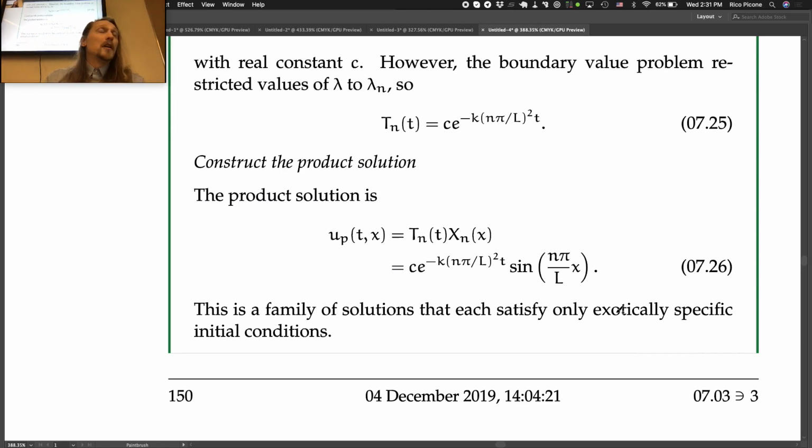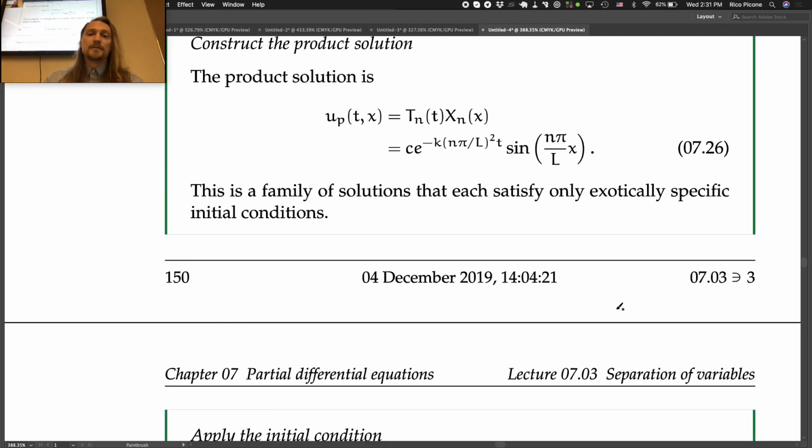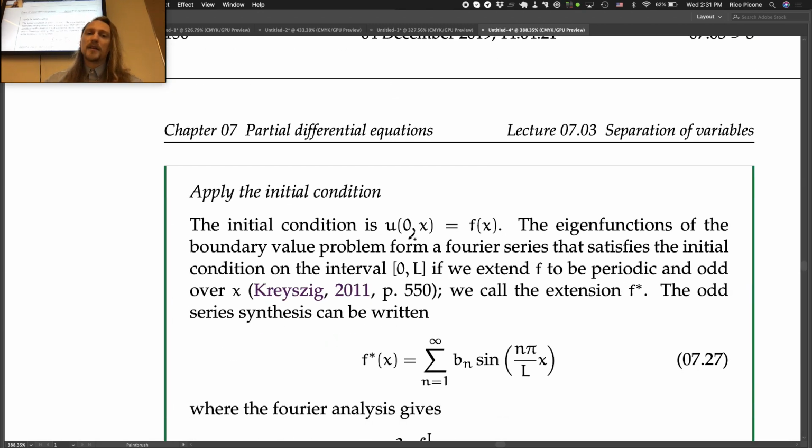So what do we do? We apply the initial condition. The eigenfunctions of the boundary value problem form a Fourier series that satisfies the initial condition on the interval from 0 to L if we extend f to be periodic and odd over x. Okay, so